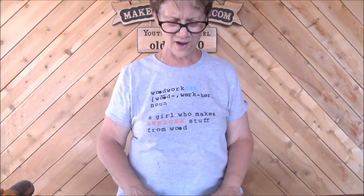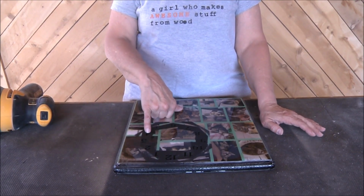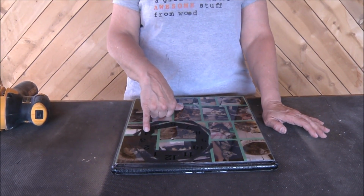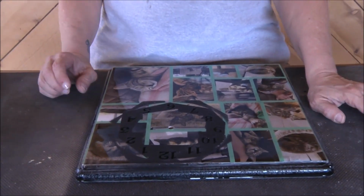Okay guys, welcome back. It is really hot out here. Really hot. Alright, so Eric carved this. I'm going to sand it down, get all the black off of it, and kind of rough this up a little bit. And then I'm going to attempt to glue that little 4 in there, which I really don't think we need to, but...